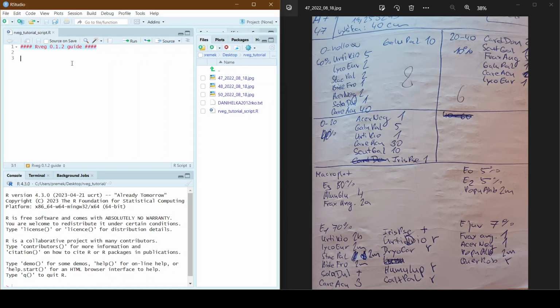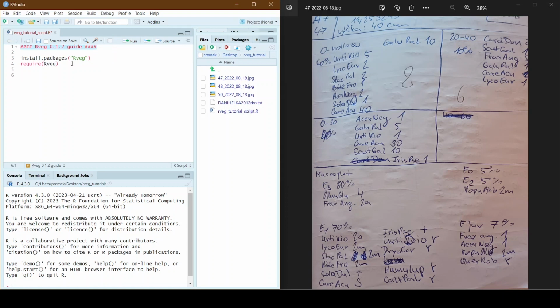So the first most important thing is to get the package. It's completely free and it can be downloaded from the CRAN repository or alternatively from GitHub. For the official installation from CRAN, we can run the function install.packages with the name of the package, RVEC, and later load it into the library. So that is one possibility.